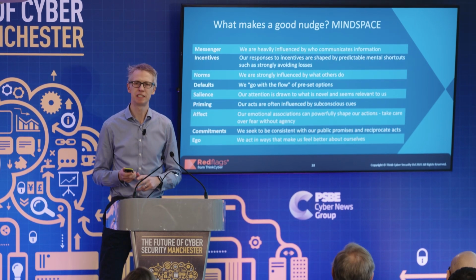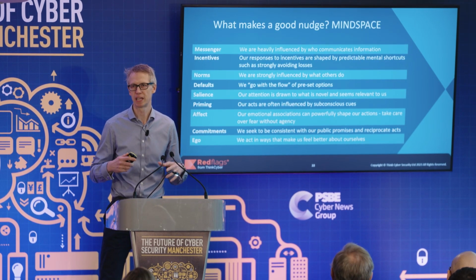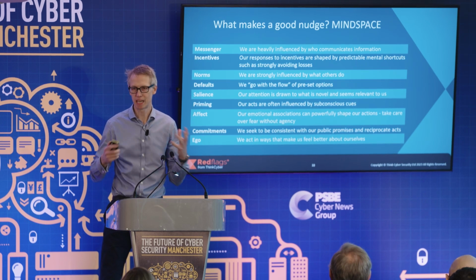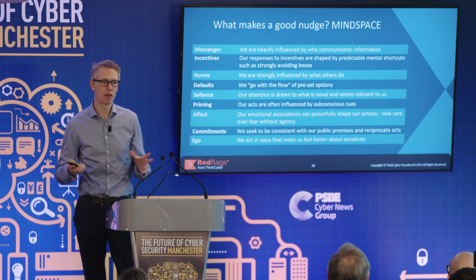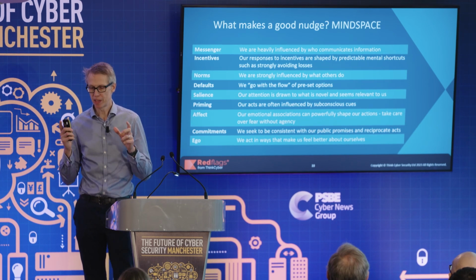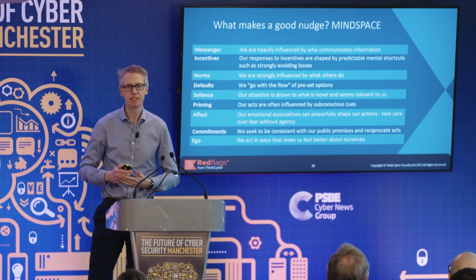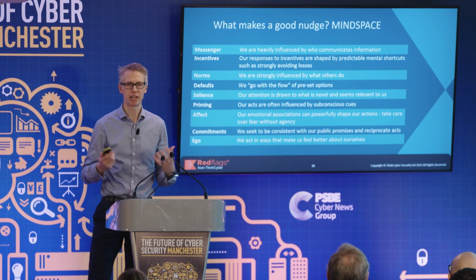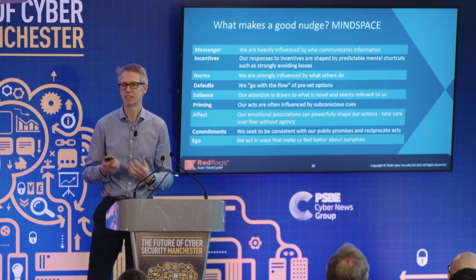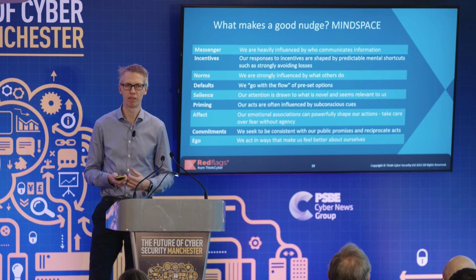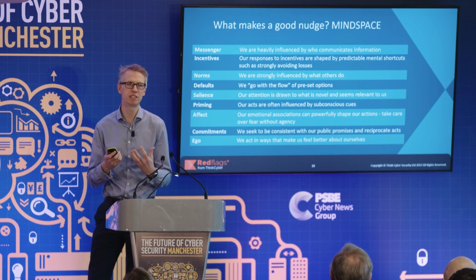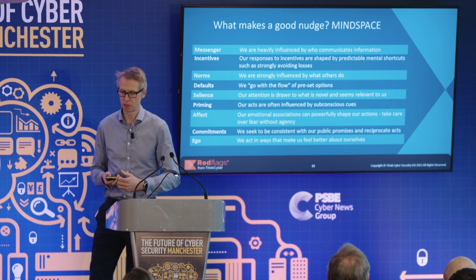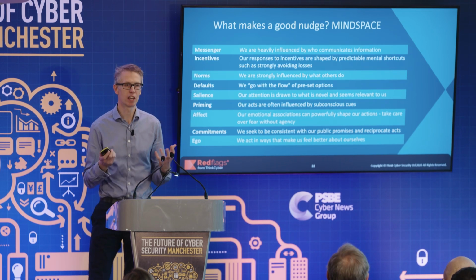I'm not going to go through this in detail, but one of the first models that the government and academics came up with around nudge theory was called Mindspace. Google it, it's on the internet, but the idea was that these nine different things influence the way that we behave. Now, when you're writing some comms, you obviously don't need to think about all of them, but there are some really important things in here, like who's the messenger? The authority that messenger has will really influence us. We like to go with the flow.